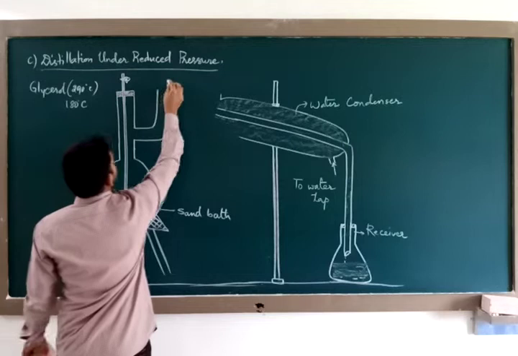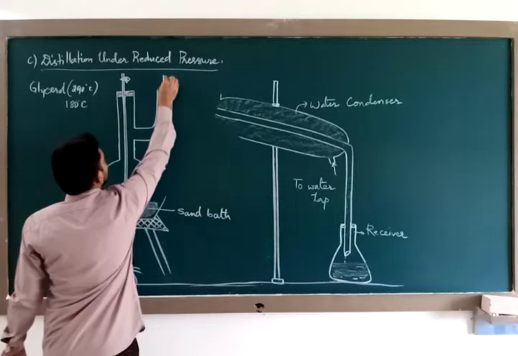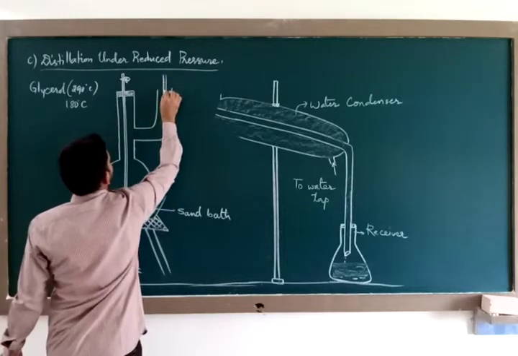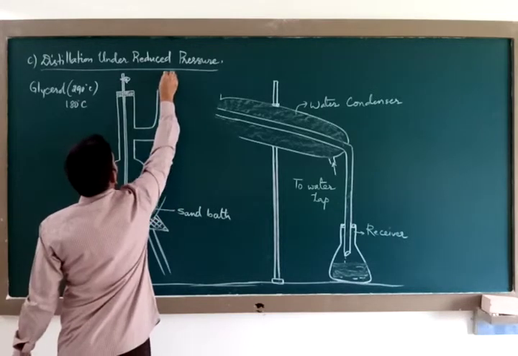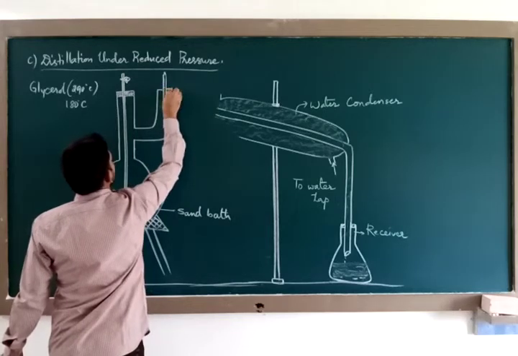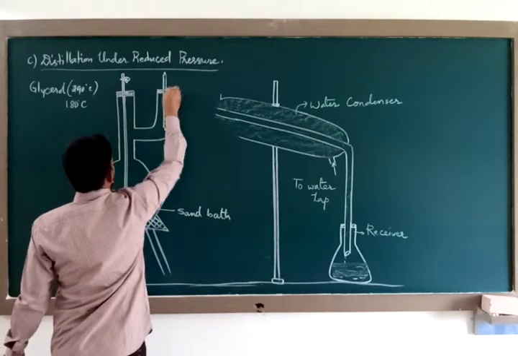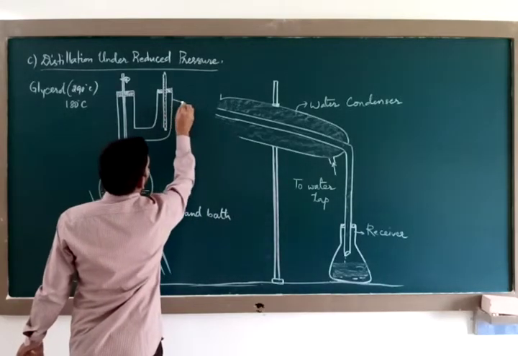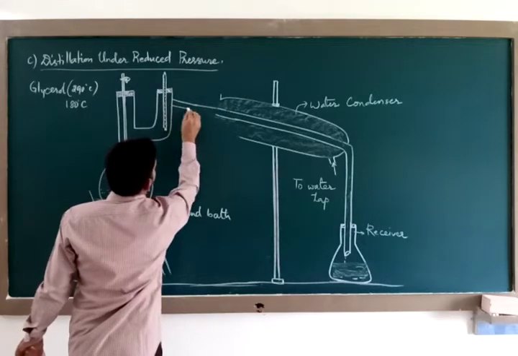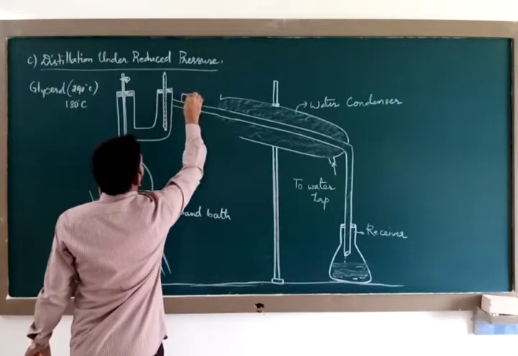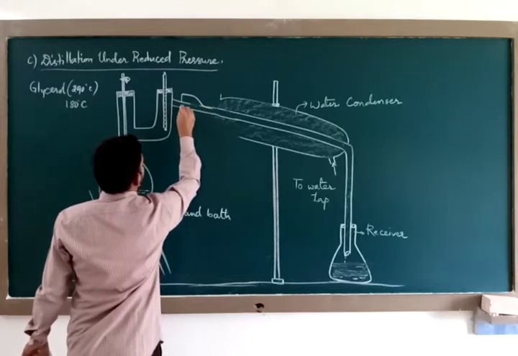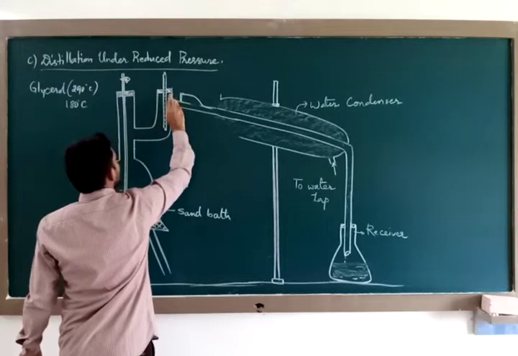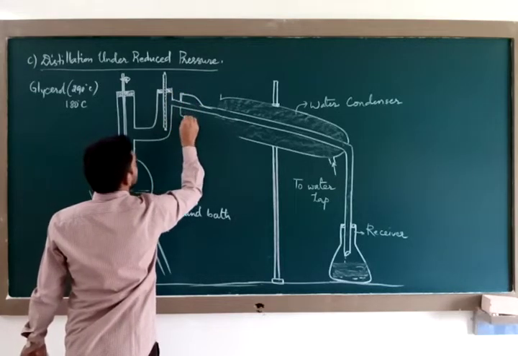The other neck of the Claisen's flask is provided with a thermometer, and its mouth is also closed. Then it has got a side tube. What has got the side tube? The second neck of the Claisen's flask has got a side tube